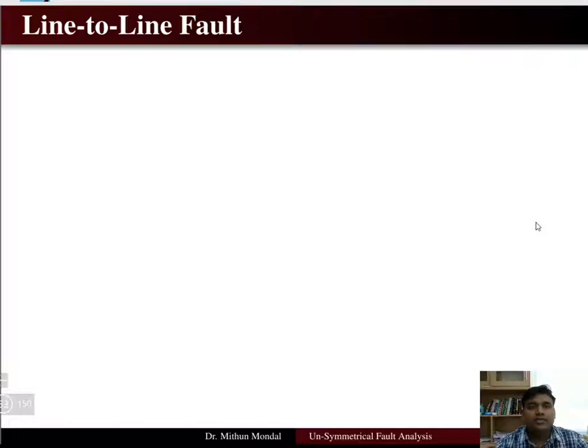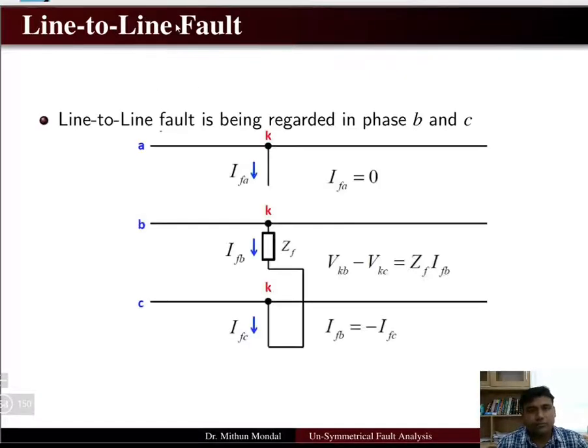Welcome to the next lecture on unsymmetrical fault analysis. We have discussed the line to ground fault. Now we are going to discuss the line to line fault. So in a line to line fault, if there is a fault occurring in any of the bus K, then the